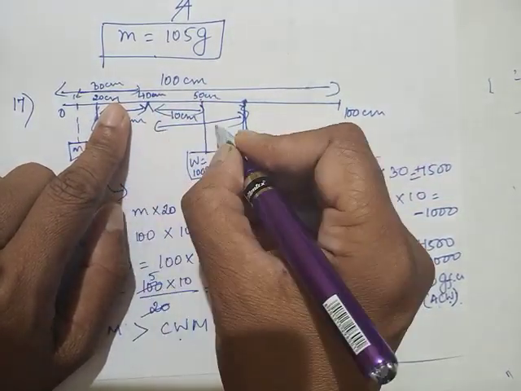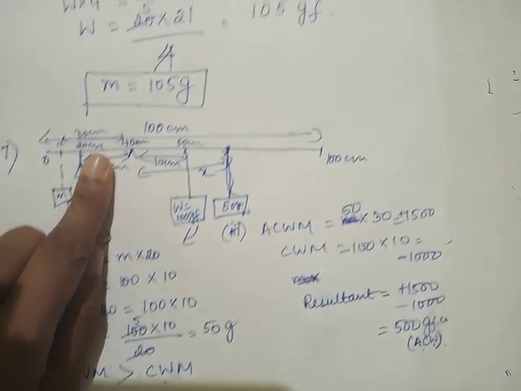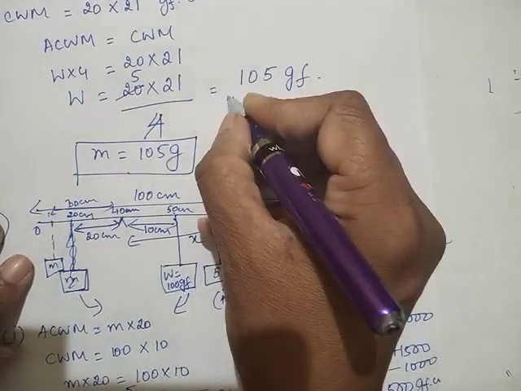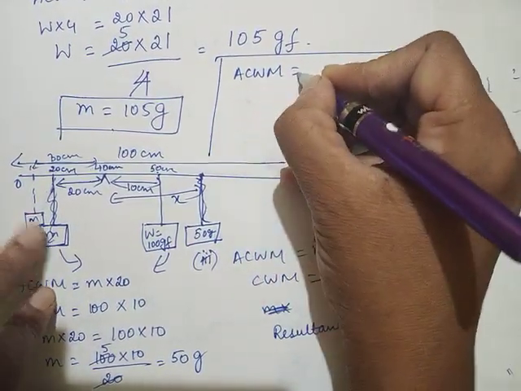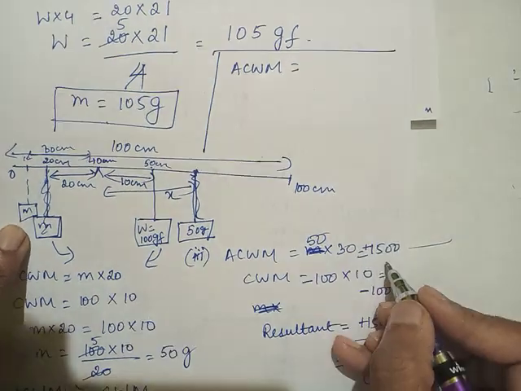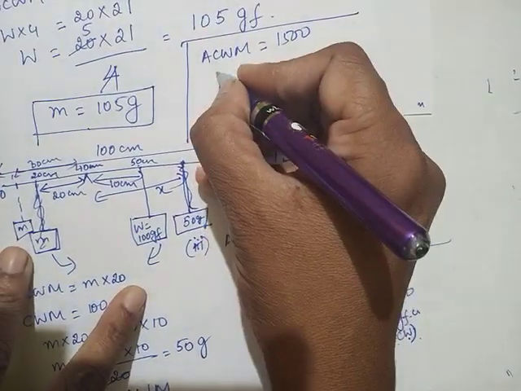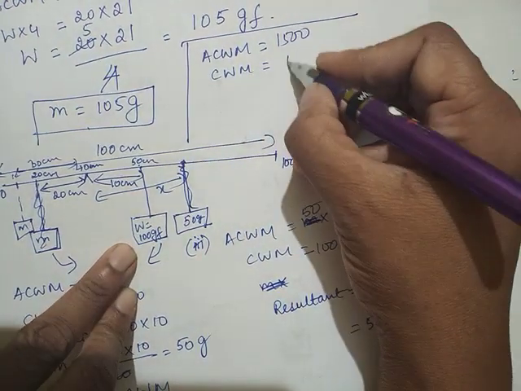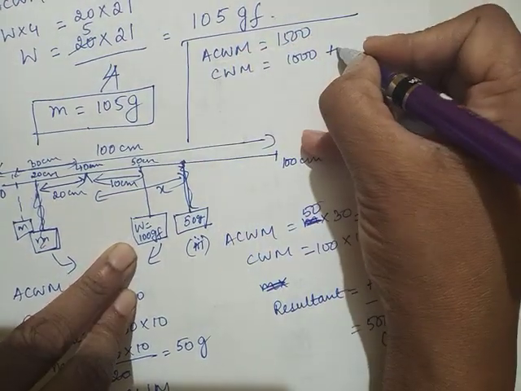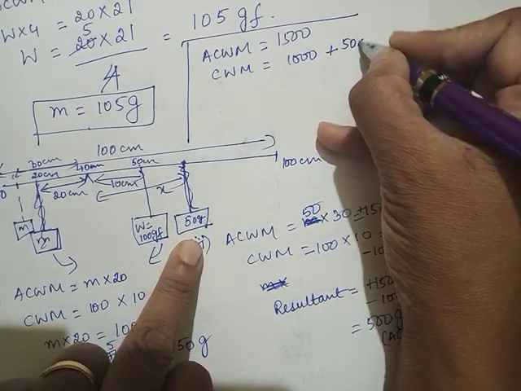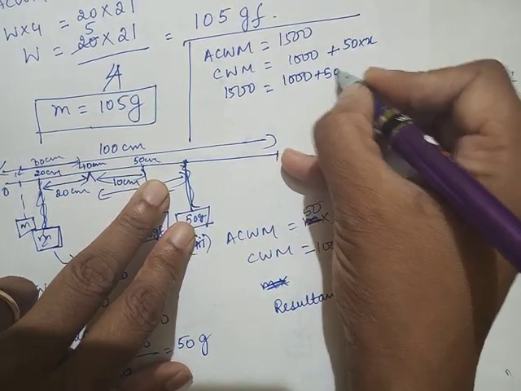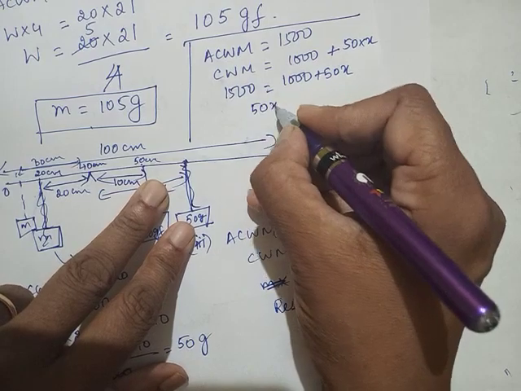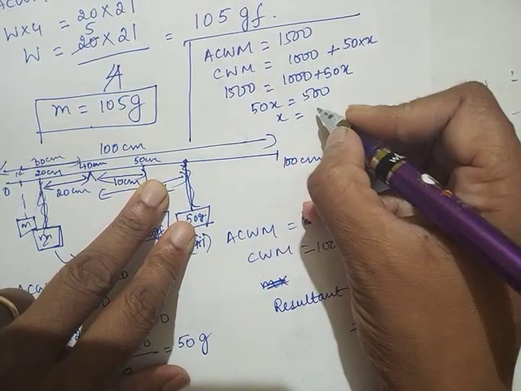Then you take this distance to be x, and you have to find the value of x. So how are we going to do it? The same way, anti-clockwise moment will be 20 into, anti-clockwise moment is 1500, and then clockwise moment due to this will be 1000. Clockwise moment due to this will be 50 into x. So 1500 is equal to 1000 plus 50x, or 50x is equal to 500, or x is equal to 500